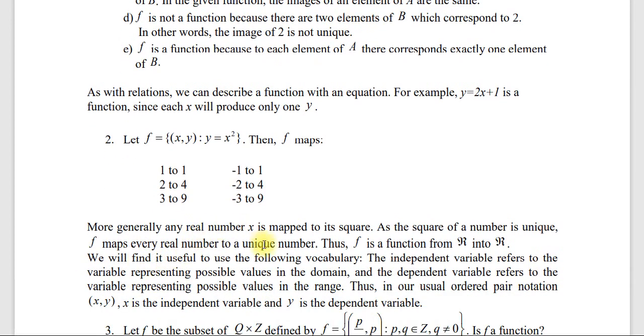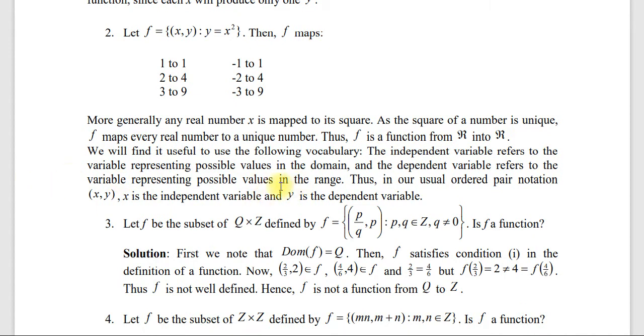More generally, a real number x is mapped to its square. As the square of the number is unique, f maps every real number to a unique number. Thus, f is a function from R into R. እንላለን ማለት ነው። ሰው እዚህ ላይ ያለውን ዲቴል ይሄን የሚያጠናክር ሐሳብ ነው ያለው ማለት ነው።